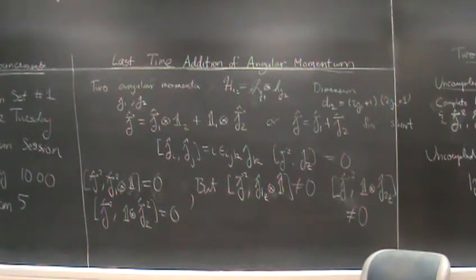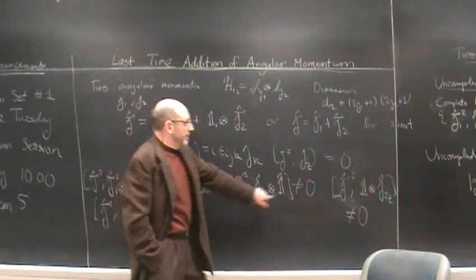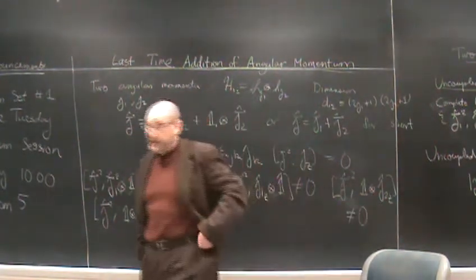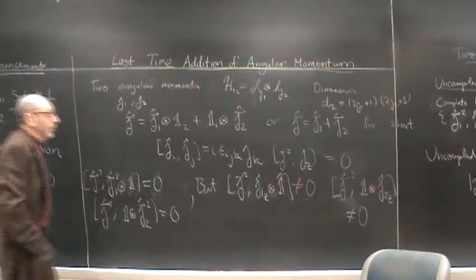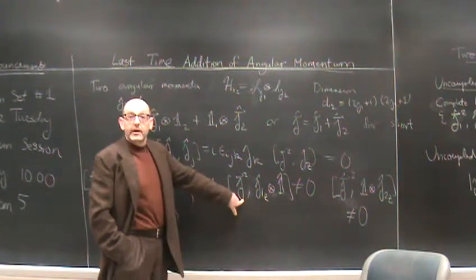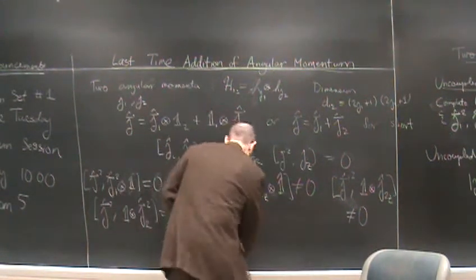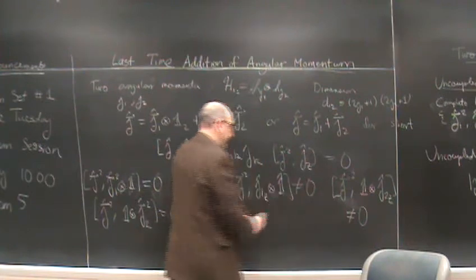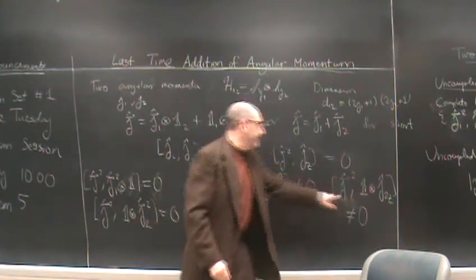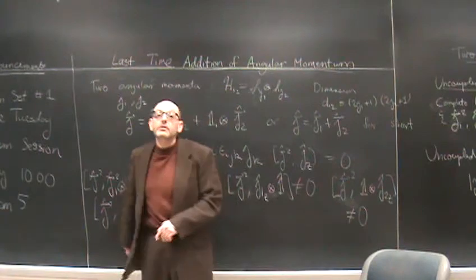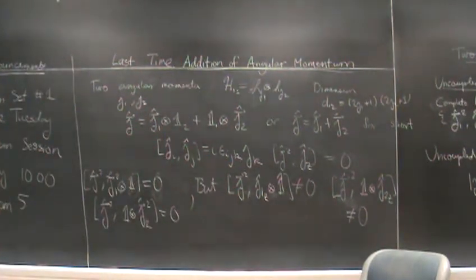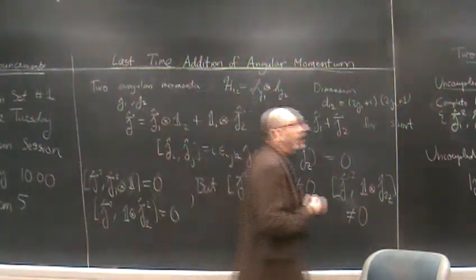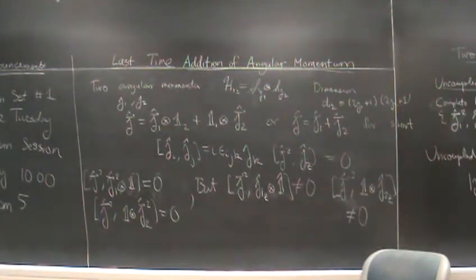As well, on the other hand, the individual projections on an axis, for example, the z-axis of 1 and 2, do not commute with the total angular momentum squared. Okay? What does commute is only the total. That is to say, this is the negative of this. When you add them together, you get 0. But individually, they are not 0. Okay? So what that tells us is that there are two